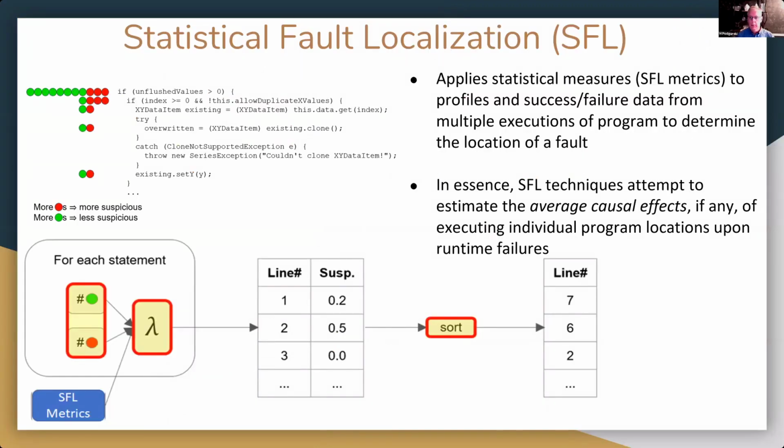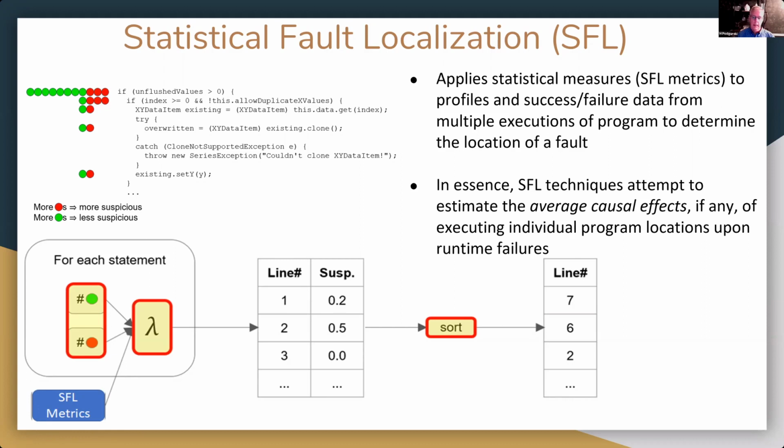First, let me introduce the problem of statistical fault localization, or SFL for short. SFL is a partially automated approach to localizing faults in programs. SFL techniques input execution profiles for a set of program executions, such as code coverage profiles, together with indications of whether each execution succeeded or failed.